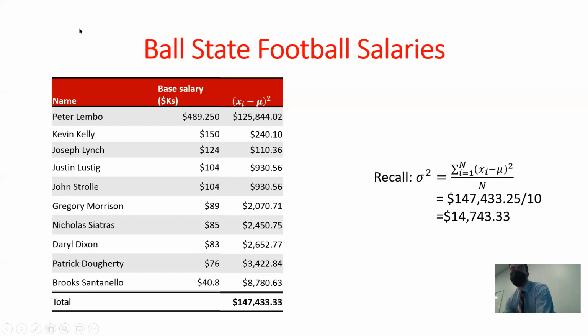The reasoning why is because all the variance is capturing is how varied this data set is. How much do these observations differ from that point of central tendency? How much variation exists in terms of how far away from the mean those observations are. So down here, if it's really far below, it adds quite a bit to the variance. If it's really far above, it adds a lot as well.